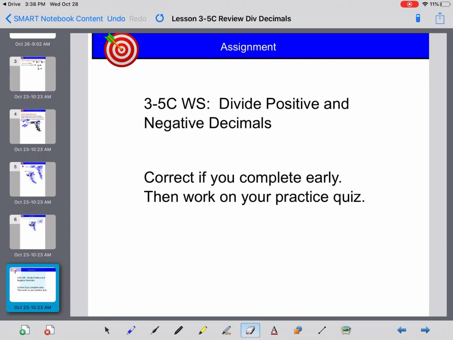Your homework is the 3-5C worksheet, where you will practice dividing positive and negative decimals. And then you can start working on your practice quiz at this time to help you get ready because, not tomorrow, but the following lesson,